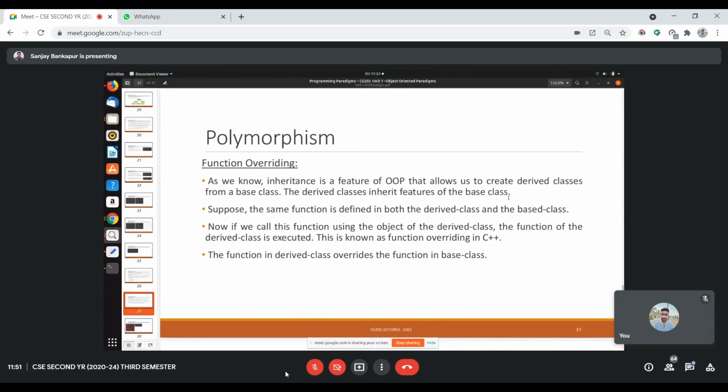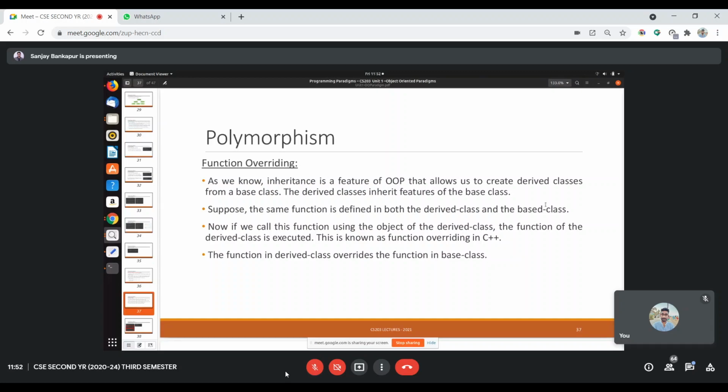So, as I said, the child class will have all the members of the base class depending on their access specifiers. Suppose the same function is defined in both the derived class and the base class. For example, the base class has a function called XYZ, and the base class derives a child class called derived class.